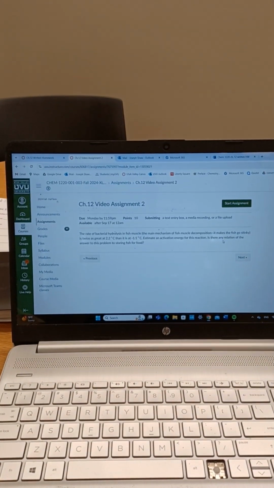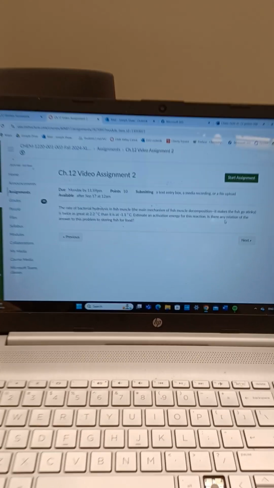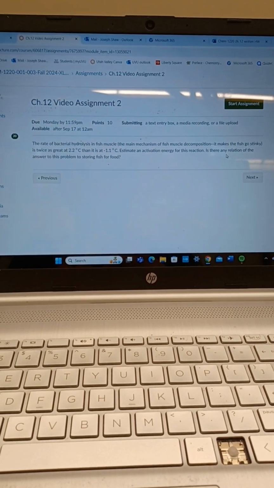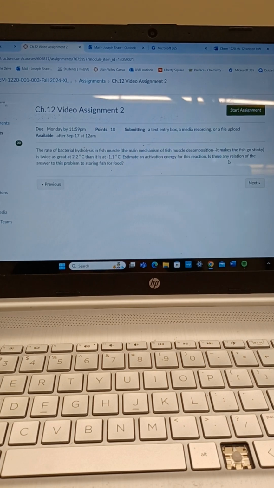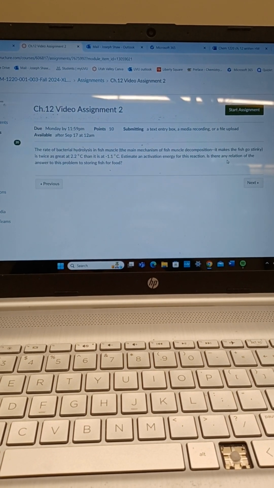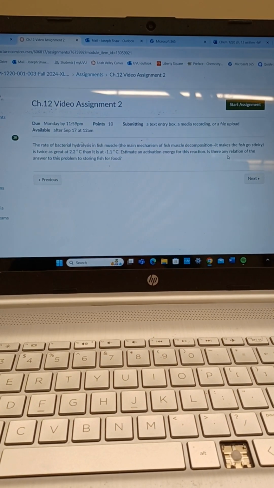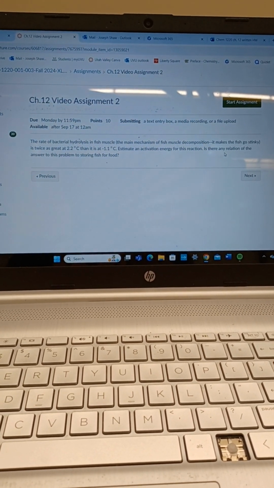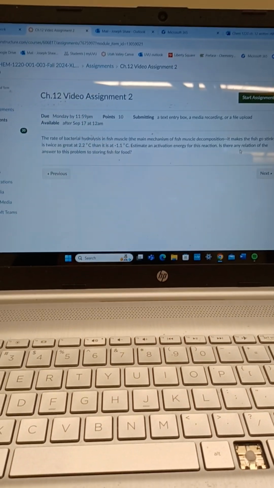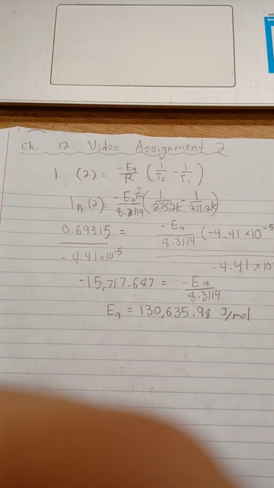Alright, so now we are on Chapter 12, Video Assignment 2. As explained in this problem, the rate of bacterial hydrolysis in fish muscle is twice as great at 2.2 degrees Celsius than it is at negative 1.1 degrees Celsius. So because of that detail, that's twice as much, we